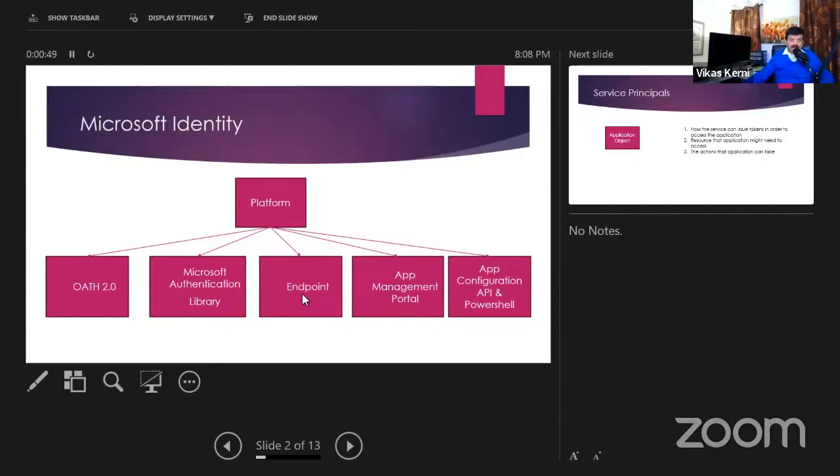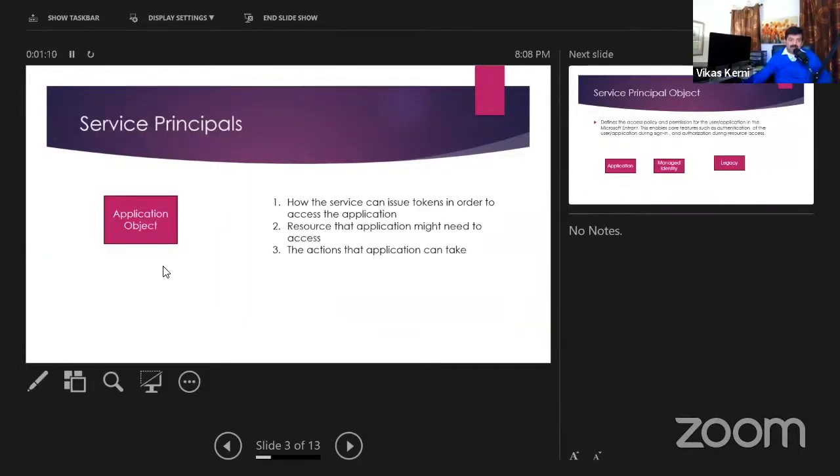The platform also has some endpoints to facilitate access to the resources. And in Azure, there's a portal to manage everything. And there are configuration APIs and PowerShells. So we have to understand some of the concepts in